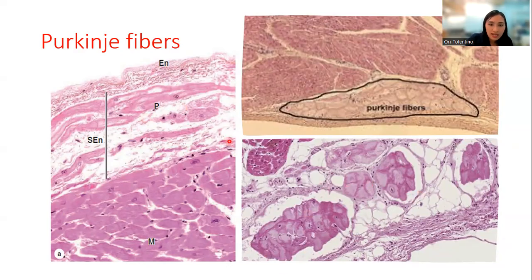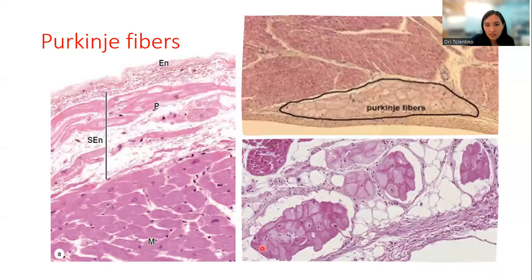They look pale. And this is your heart muscle, and the Purkinje fibers are paler than your heart muscles, okay? So they are pale staining. These are your Purkinje fibers. This is your endocardium. This is the subendocardial layer. I hope you got that, because I might point this out.